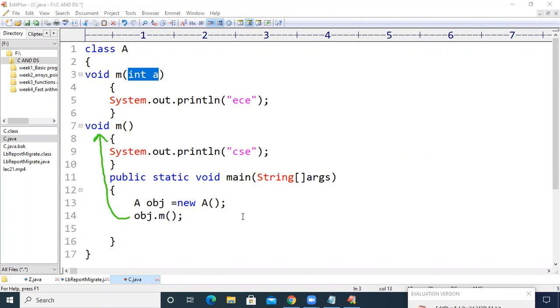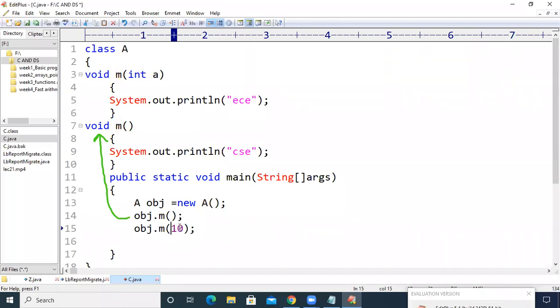If you want to execute the first method, we need to pass a parameter, that is obj dot m of any integer value. So we can pass 1, we can pass -1, or 10, or 50, or anything. If I call obj.m of 10, the method m which takes an integer parameter will get executed.